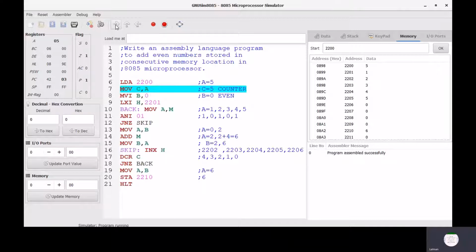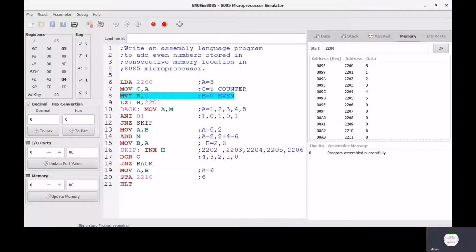If we execute the next instruction MVI B, 0, then the value of register B becomes 0. Register C is used for the counter and register B is used for the sum of even numbers.